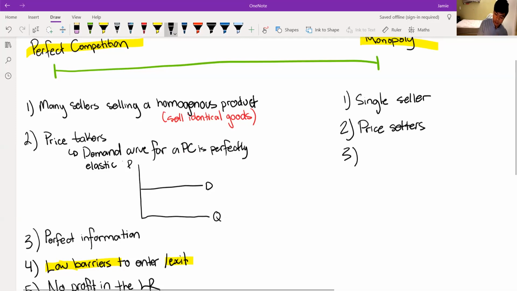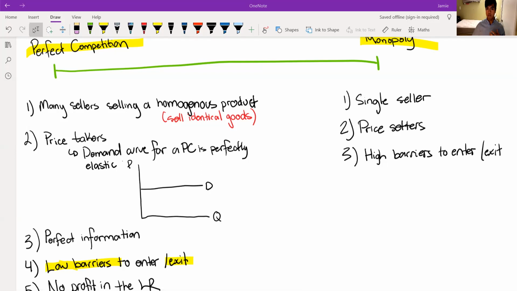Another key assumption, high barriers to entry and to exit as well. Alrighty. And so their demand curve, because they are the sole producer, depends, but it's definitely not flat. It's not horizontal. It's downward sloping. And so that's important. Also, because they are the single seller, there are no close